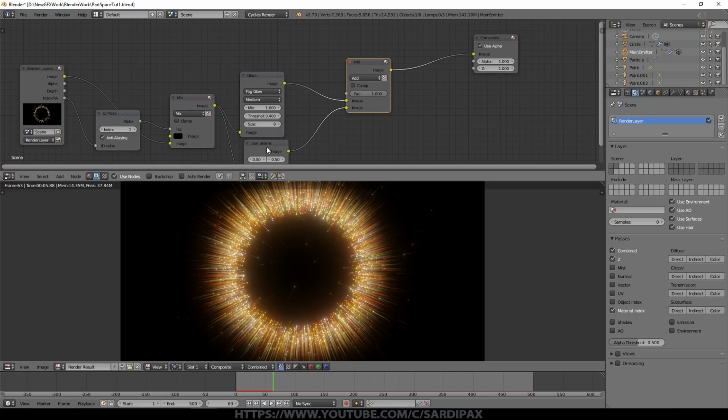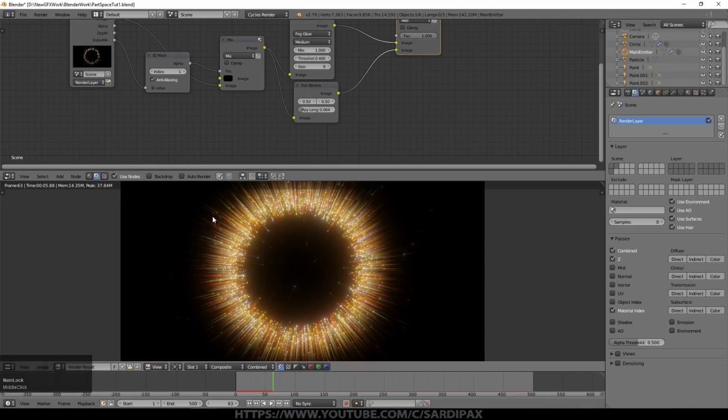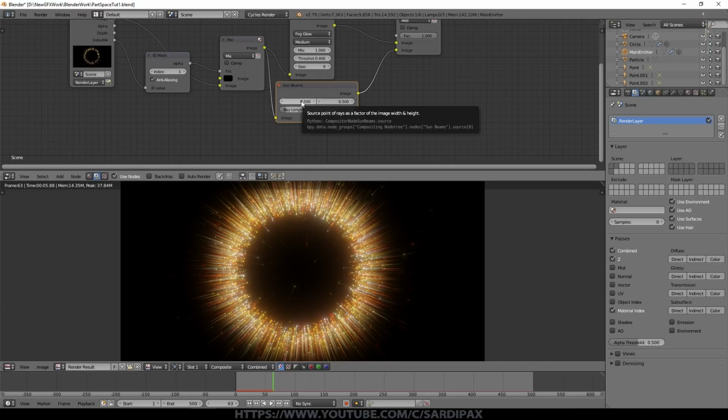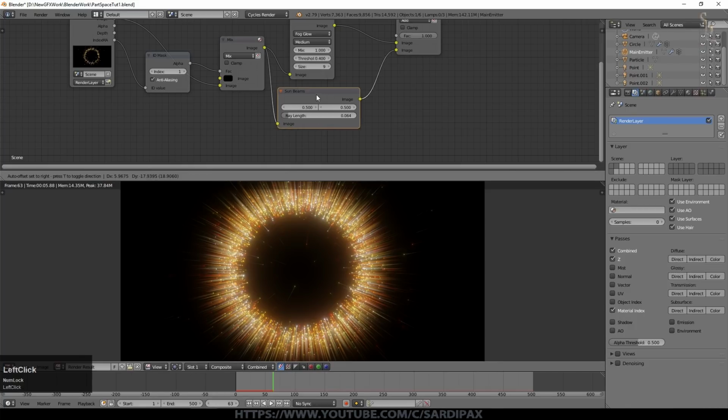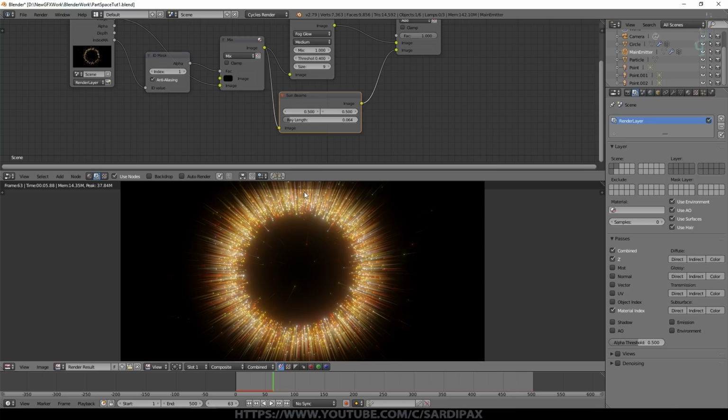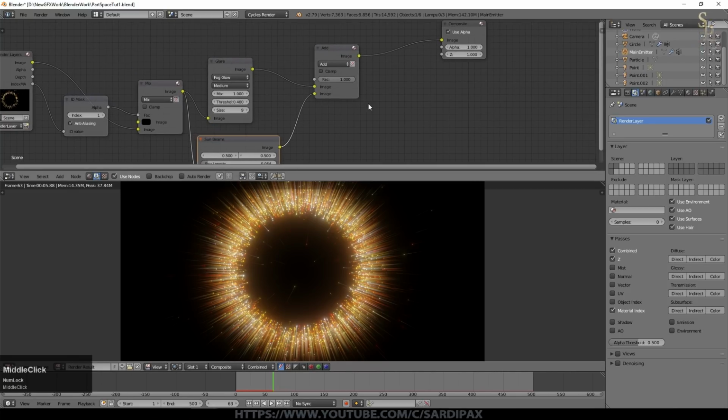It's worth noting that sunbeams node isn't particularly clever. If the object that you want to do this to is moving around the scene, you will need to animate these values, which identify proportionally where in the image the sunbeams should derive from. So 0.5 means that obviously the middle of the image. That's X and Y. So if that was 0, that would be over on the left, and if it's 1, it's over on the right, and so on. It's a relatively simple little node, but it can create some quite dramatic effects. And obviously you can use it for sunbeams too, and it's a lot quicker to do than actual volumetrics.